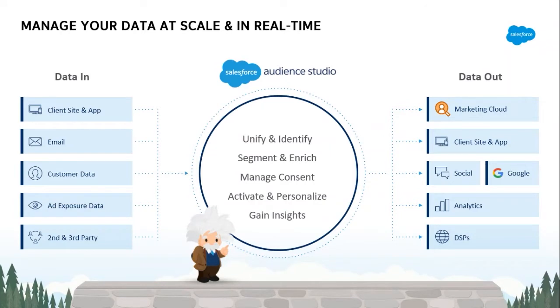On the left hand side that we see, there are data in sources, that is, we can collect data from the customer's web properties like a website, or maybe a collection of websites. Imagine a huge automobile group having multiple vehicles, and each of the vehicles having their own website. All of that data can be collated together and brought inside the platform.